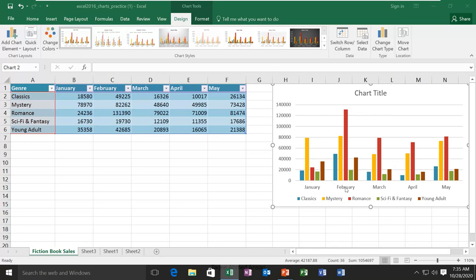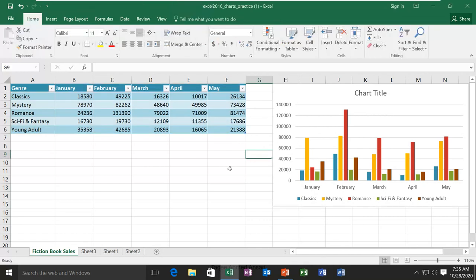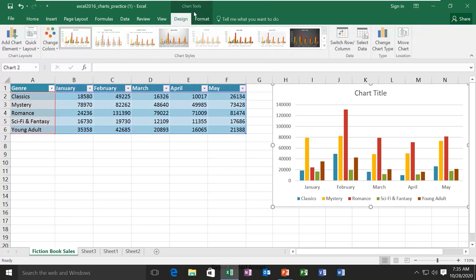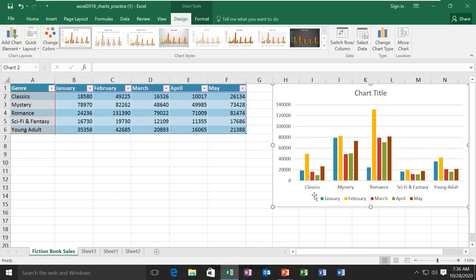I also have this here, so I want to change it. When I select the chart, this Design tool tab comes. I click on it, and here I have the option to switch the row and column. Now you see in the column I have January and February. Now when I switch it, it is showing the categories, like classic and mystery.